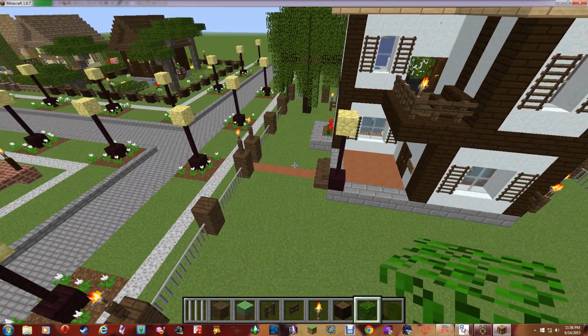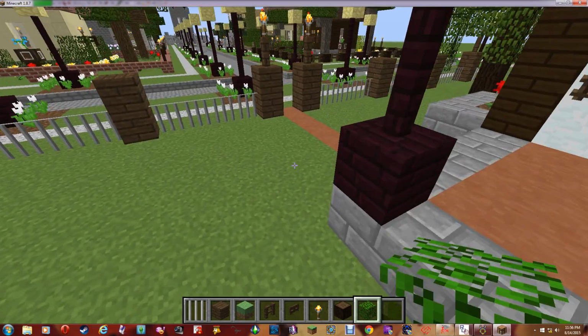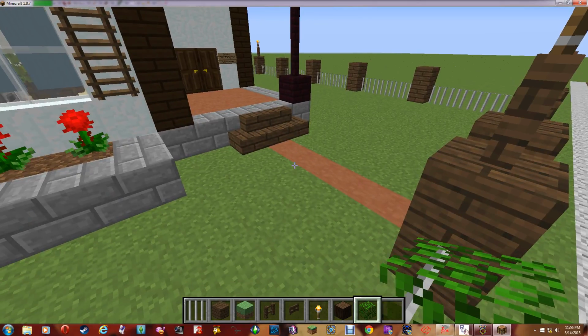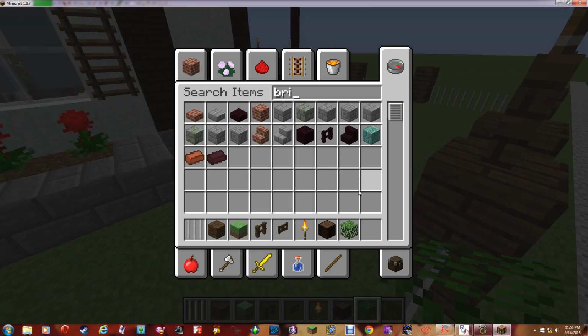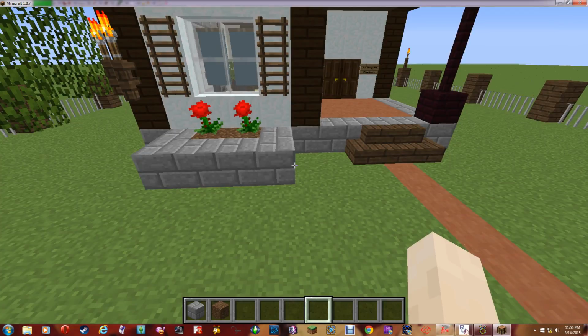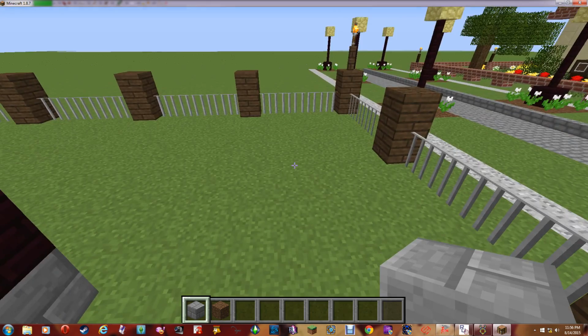And we're going to do some flowers. Some flowers. We are going to mimic this and make some flower beds, some upraised flower beds with the stone bricks and my coarse dirt. And let's get rid of all this. Let's see. Let's do